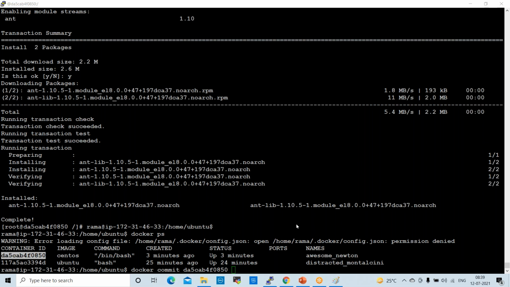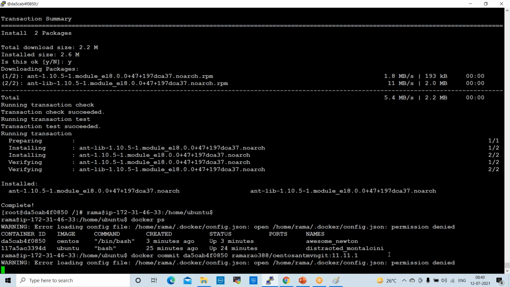We need to provide some image name: first the Docker username, then a slash, then a meaningful name like centos-maven-git, since instead of plain CentOS we have Maven and Git. Next a colon and a version, 11.11.1, a different version. Enter.